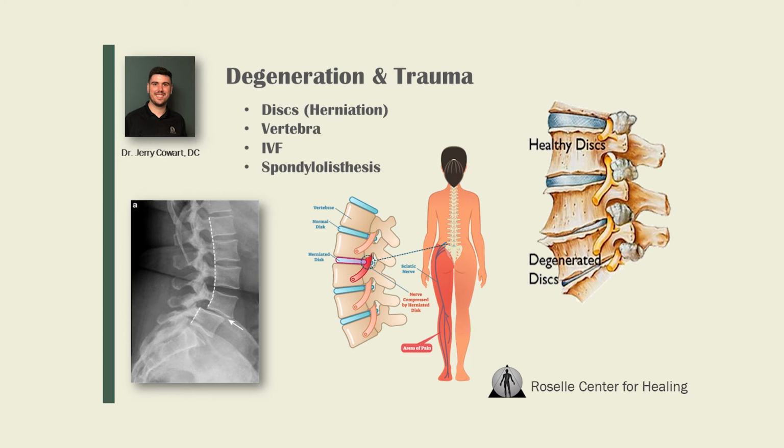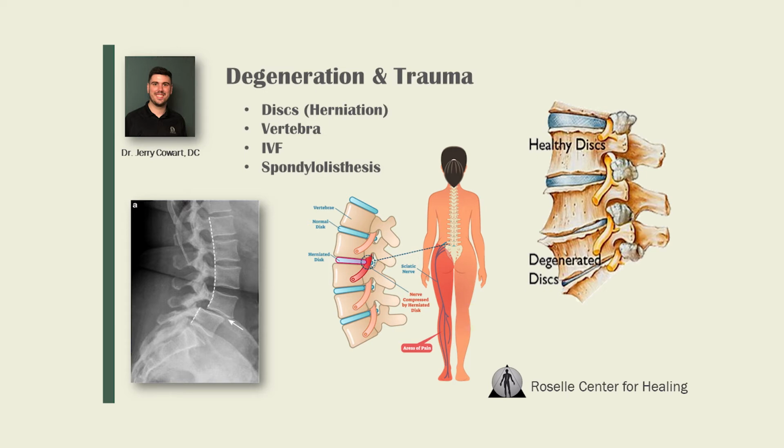And quite frankly, this is probably the biggest reason why someone would have sciatica, everything that is on this particular slide. So initially, we talked about disc, we talked about the degeneration of the joints, and we talked about overall degeneration and trauma, okay? So first we're going to talk about disc, and there's a couple of different reasons why a disc would be involved. One would be an actual degeneration of the disc, and the second would be a herniation of a disc, okay?